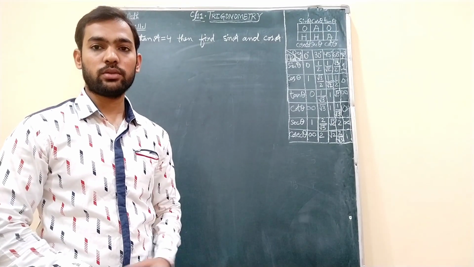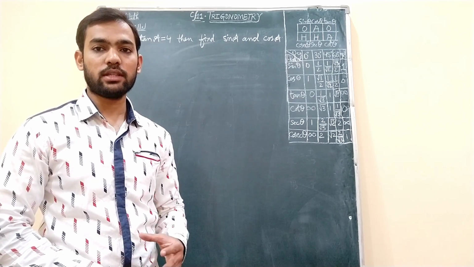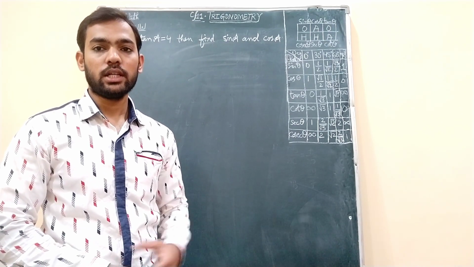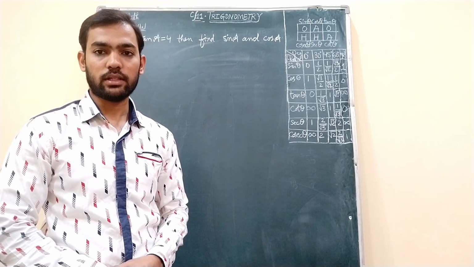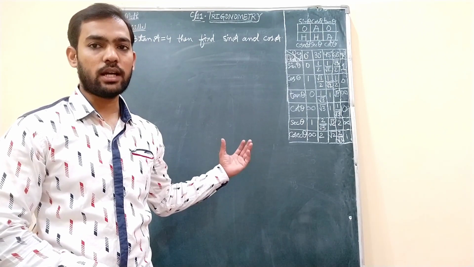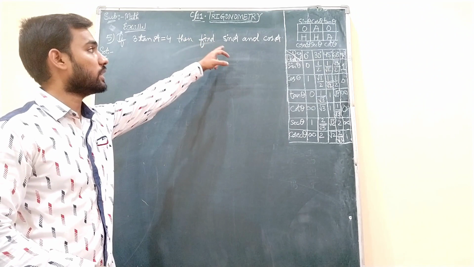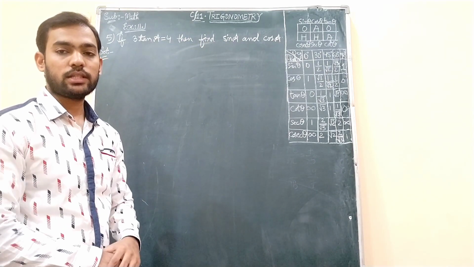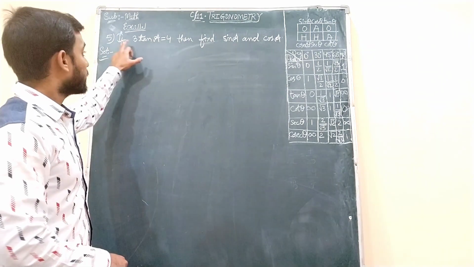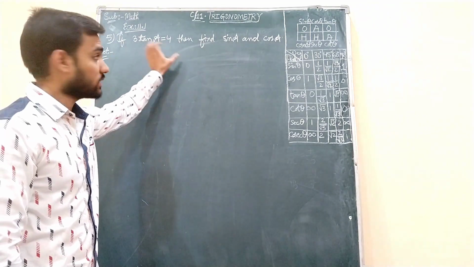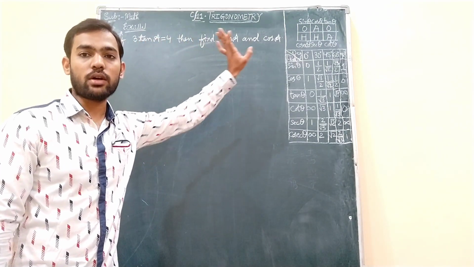Now students, we are going to do question number 5 of this exercise. Till now in our previous two questions we have seen that one triangle will be given and for that any two sides will be given, and using that you need to find whatever he will be asking in the question. But this is a different type of question wherein one ratio is given to you and using this ratio you need to find the remaining ratios he will be asking in the question. So what does this question state? If 3 tan A is equal to 4, this is given to you. Using this, you need to find sin A and cos A.